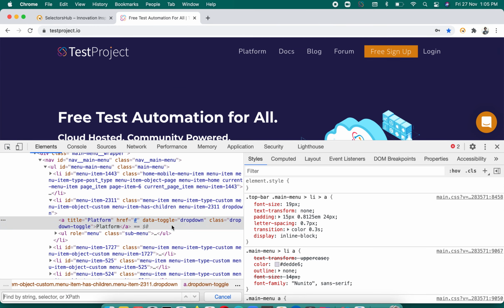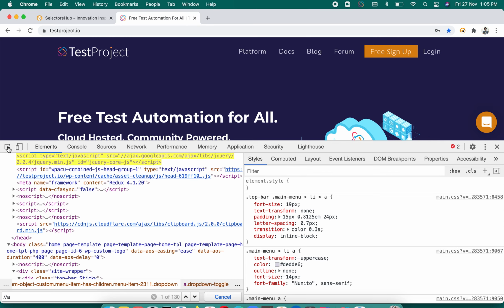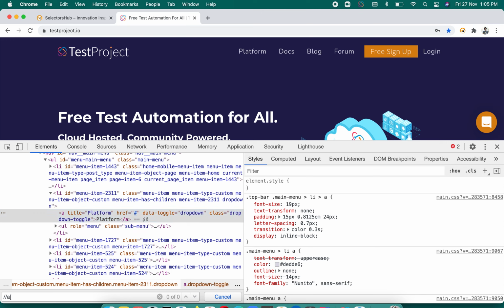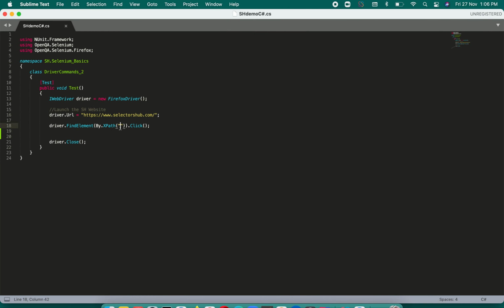Then we will write the xpath value here, like //a. As soon as we type, this goes up. Again inspect, type the value here, let's say with platform. So take the platform @title is equal to platform. Okay, so this is one, and you will copy this value, go back to your script, and paste it here, right? Like this you will be doing it.